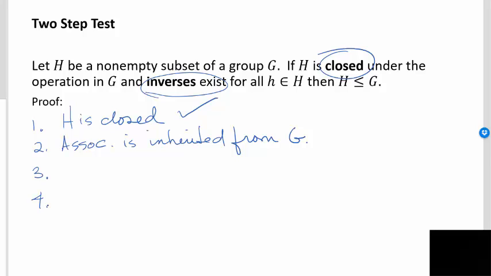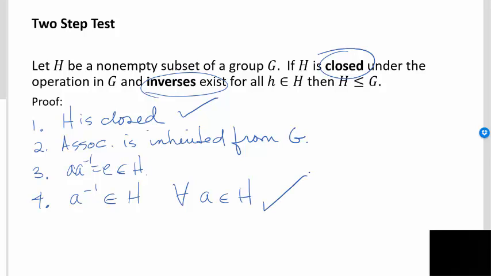Now, number three, yes, we do need an identity, but if we prove that inverses exist, a inverse is in H for all a in H, well, if all the inverses are in there, and you've already proven it's closed, then a times a inverse, which is equal to e, has to be in H, so you don't need to prove that. All we need to do is prove closure, and that for every a in H, a inverse is